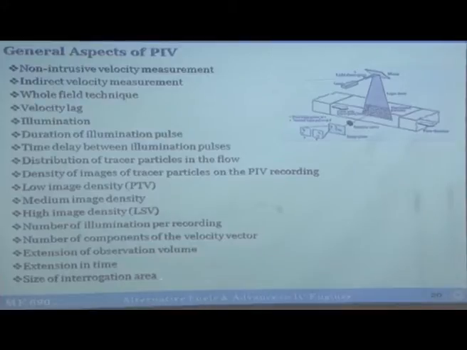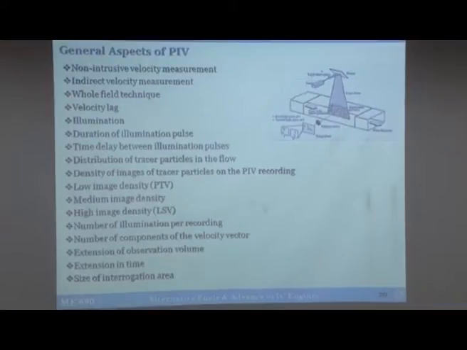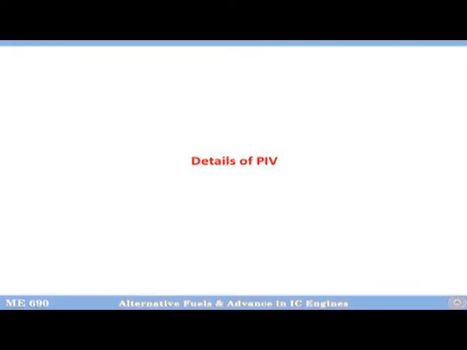And then I also told you that the size of the interrogation area, you can interrogate whatever size you want, whatever location you want, and next day if you want to look at something else, you do not need to do the experiment again. It is a big convenience because if you are using hot wire anemometry, then you do not have that flexibility. If you want another area, you do the experiment again. Okay. So this is a big convenience using PIV. So these are some of the general aspects of PIV. If you have understood it, you have understood PIV and how to take the measurements quite well.